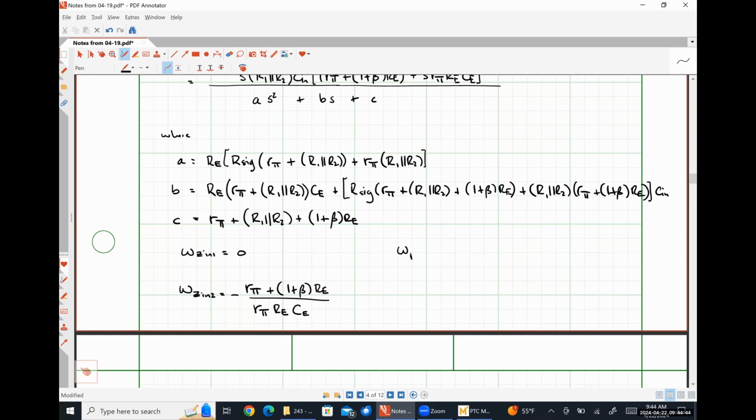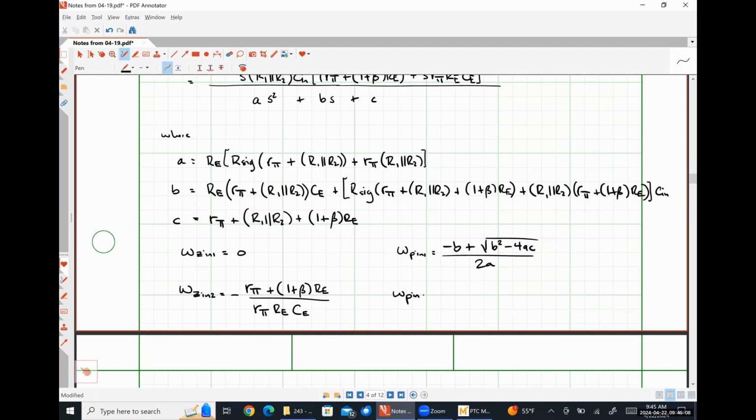And then our poles are just going to come straight from the quadratic formula. So omega pn1 is negative B, actually, should be up here, plus the square root of B squared minus 4AC all over 2A